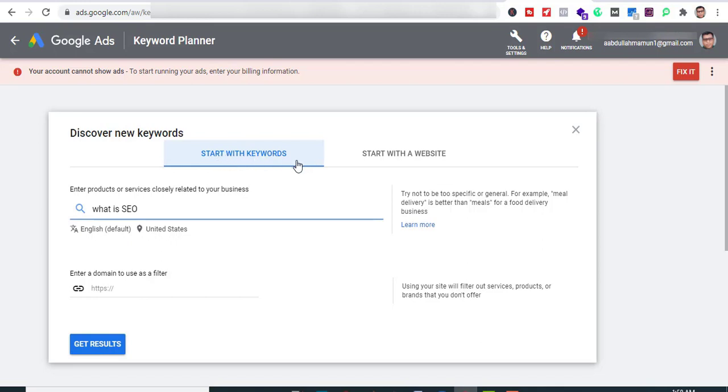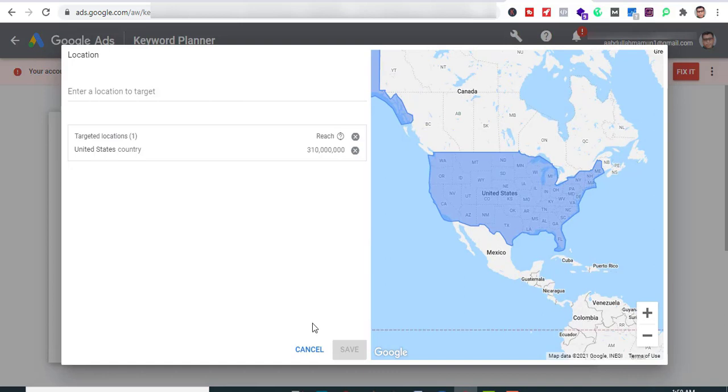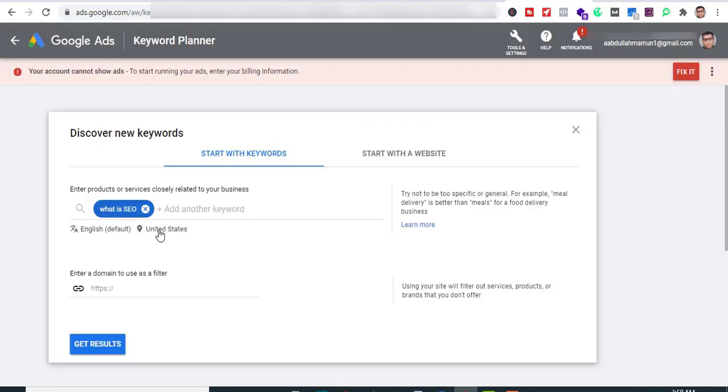Start with keywords. Language change, click. Location change, click. Okay. This space is for the keyword. And get results.